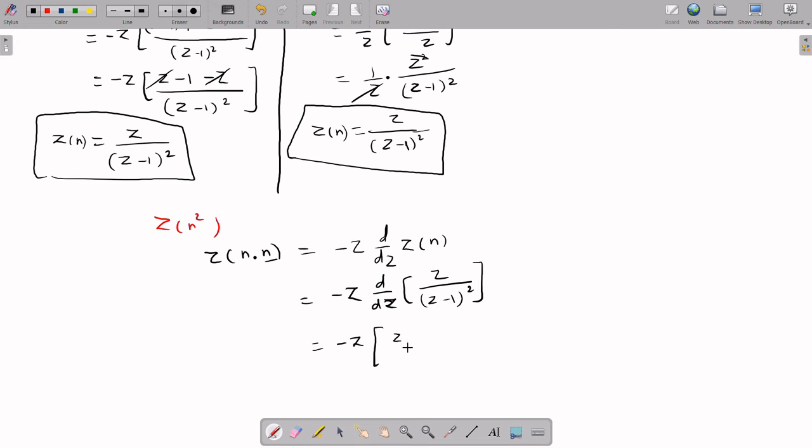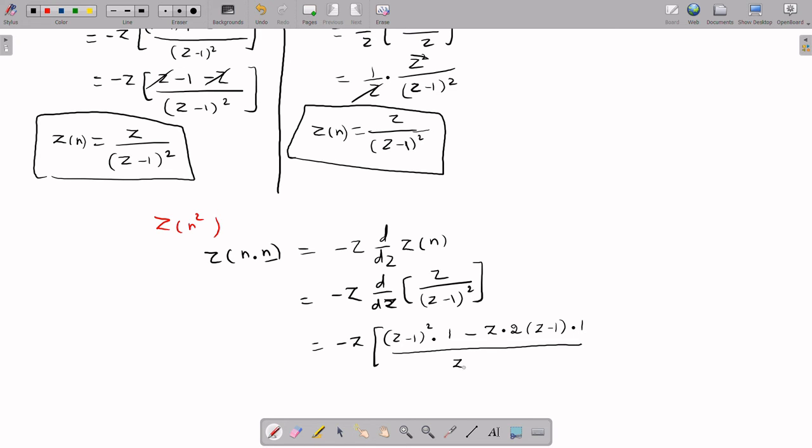Denominator into differentiation of numerator with respect to z, that is z with respect to z is 1, minus numerator is z into differentiation of denominator with respect to z. Z minus 1 the whole square is 2 into z minus 1 into z minus 1 differentiation with respect to z is 1. Okay, divided by